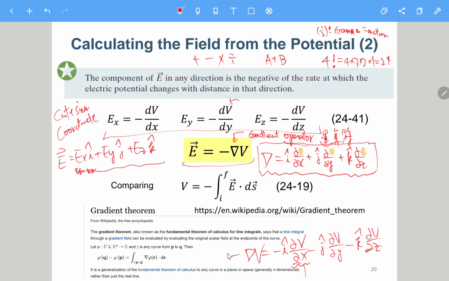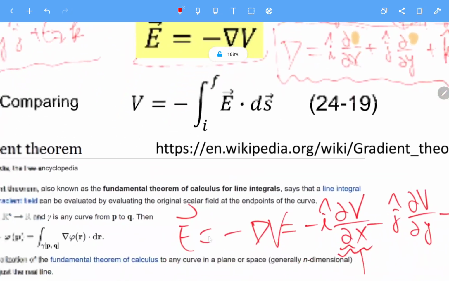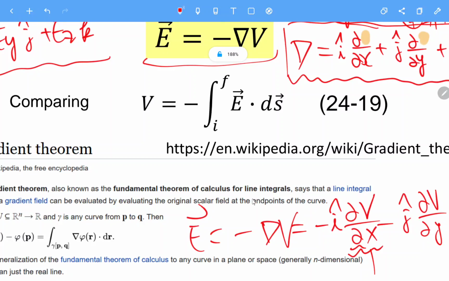So it turns out that this is the vector field, and we take the derivative in different dimensions and multiply by the unit vector in that direction, and then take the negative sign, and it becomes the E field. If you are interested, you can see the gradient theorem on Wikipedia, which is actually the fundamental theorem of calculus for line integrals. So in calculus class, you should have learned the